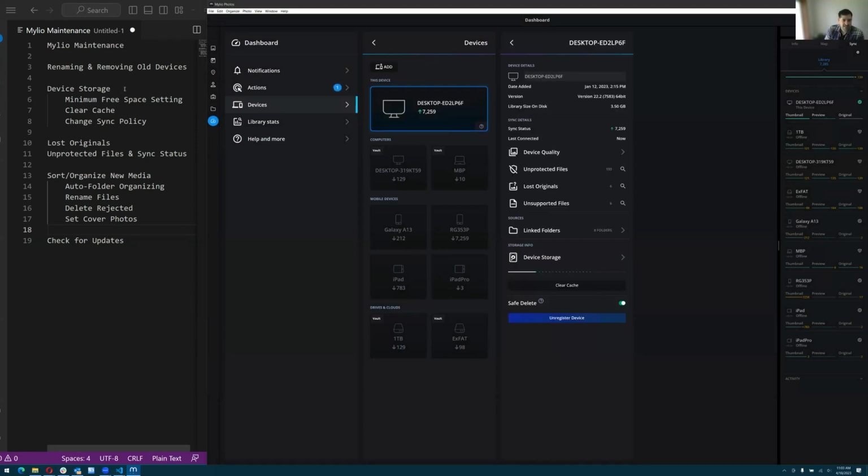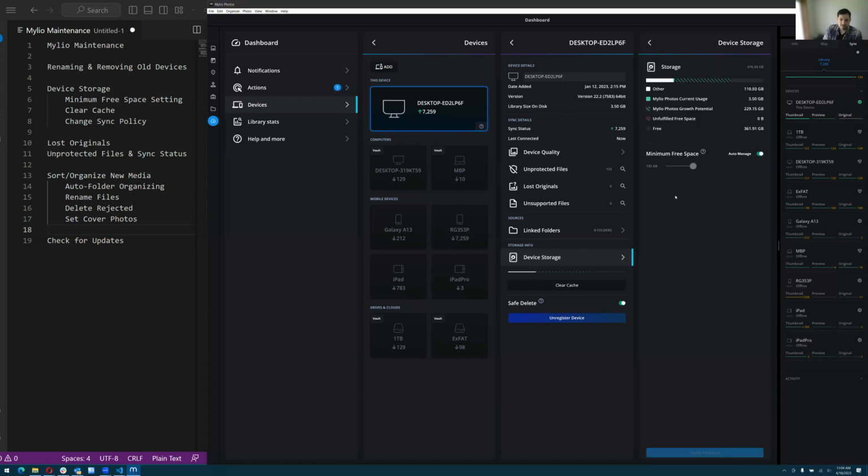So one of the next things that we see that may need some sort of upkeep, depending on how much storage your device has, especially if you've been traveling with a laptop and importing a lot of photos from your camera, the full-size originals are on that device while you're traveling, while that's imported. So that's something where once they've synced out to another device, we can clear those from the computer and save that space. So one thing that you can check if Mylio has stopped syncing is in this device storage section